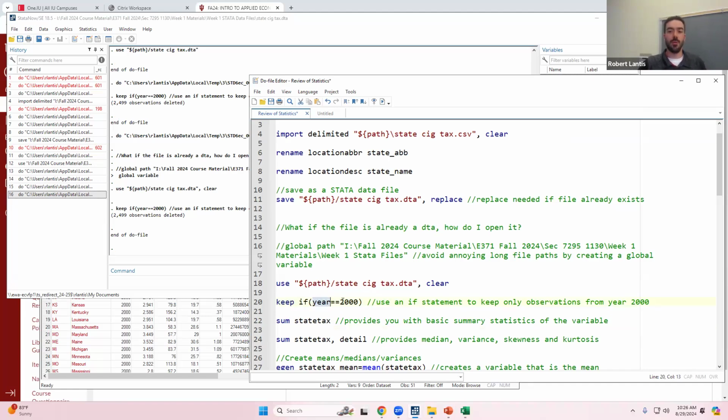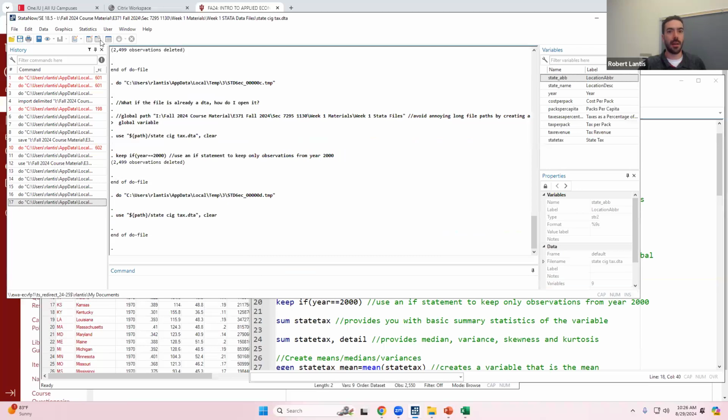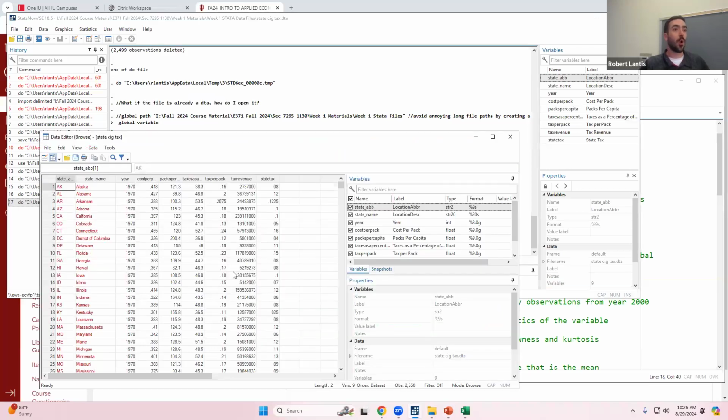Yeah, so let's say I'm like, oh, I just dropped all that data, I didn't want to do that. I can go right back, just run that command where I open up the data set, and I haven't changed the data yet. The only way the actual data set changes is by saving. So I open up the original data set, I can then manipulate it, and the data set that I'm seeing in Stata is changing, but I haven't saved it. As soon as I save it, then all bets are off.